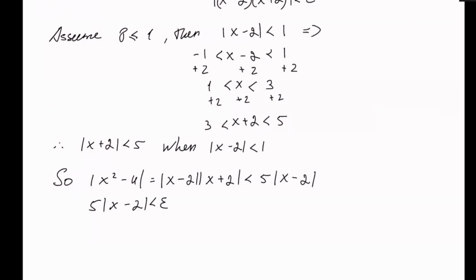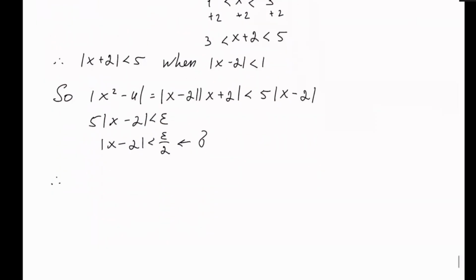And if we divide everything by 5, we get the absolute value of x minus 2 less than epsilon over 5. So this is what we will choose our delta to be, right? So therefore, choose